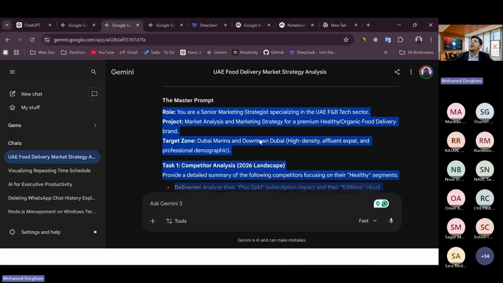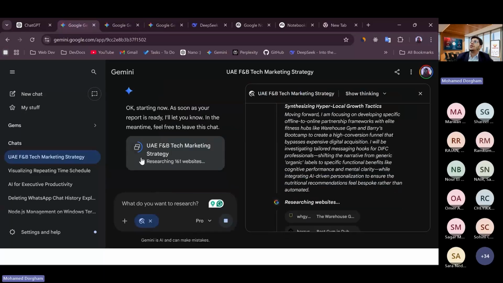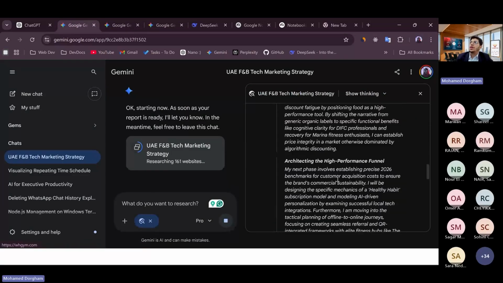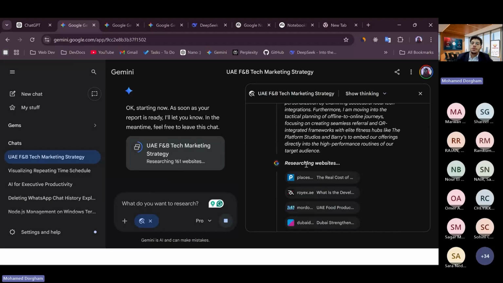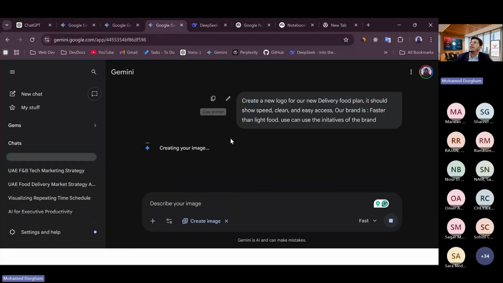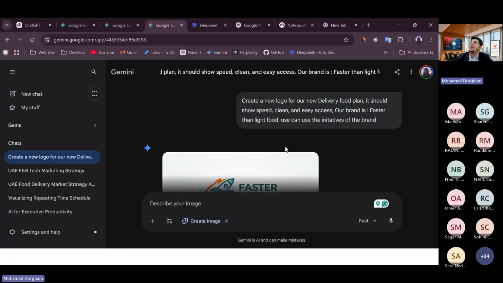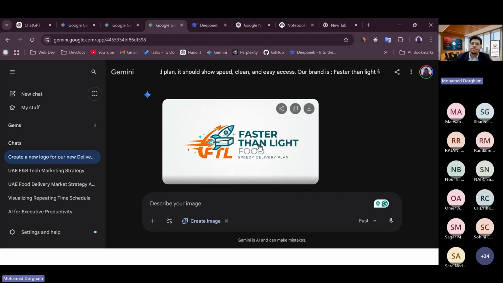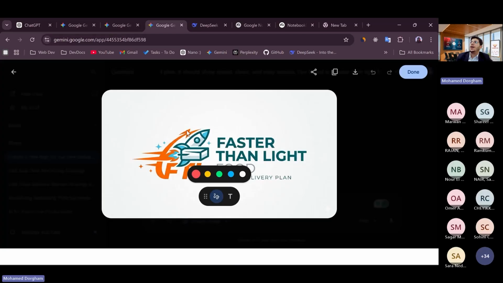Let's go back again and see what we got here. It's still searching. Sometimes it might take a little bit of time, but let's see the result we're getting. Okay, now we got some really good results. Faster than light food. It's a very basic logo, but it might work.